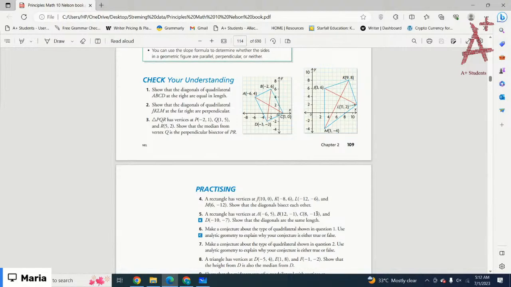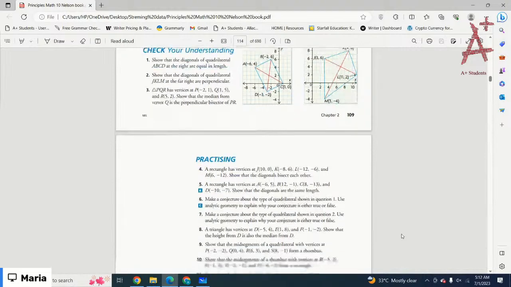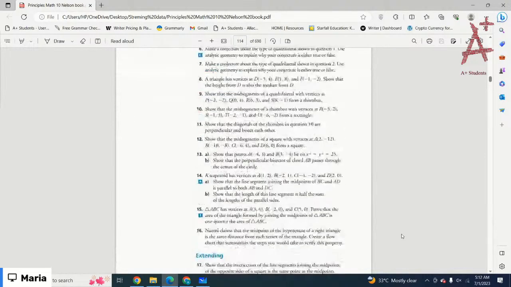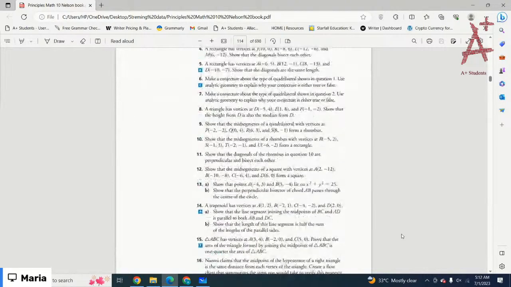Okay, let's just move on to the next one. Question number 8. A triangle has vertices D(-5, 4), E(1, 8), F(-1, -2). Show that the height from D is also the median from D. Okay, let's just start with question number 8. The vertices are D(-5, 4),